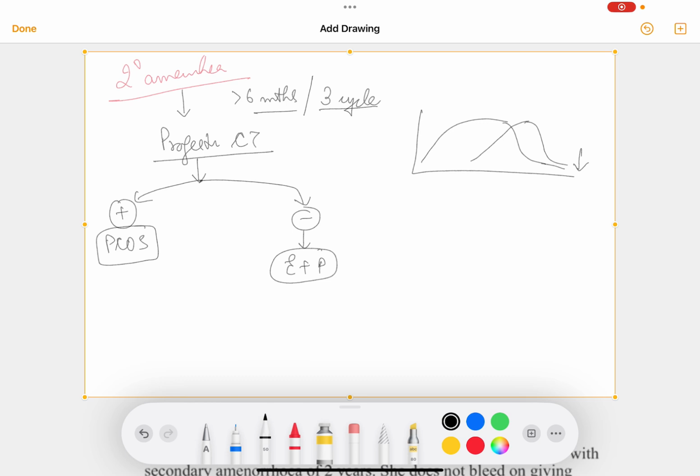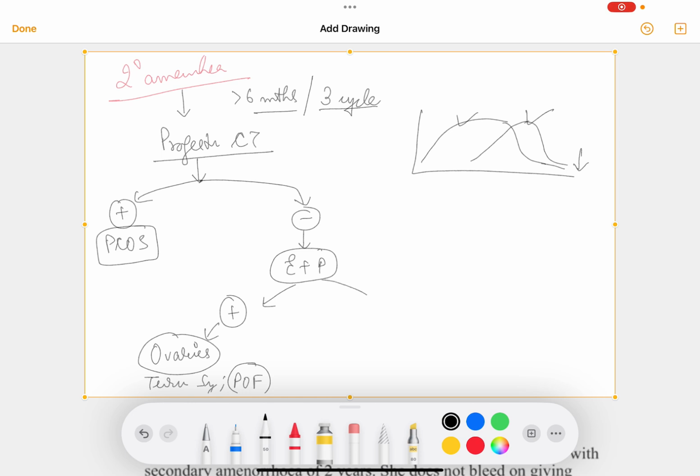Here we give OC pills for 1 month or 21 days, and then we stop it. So if the patient has bleeding with E+P, estrogen and progesterone, it means the patient had a deficiency of both estrogen and progesterone. So basically there was a defect in the ovaries, like Turner's syndrome, or premature ovarian failure. Okay, POF. So in these patients, estrogen and progesterone both are low in the body, so they will have menses with